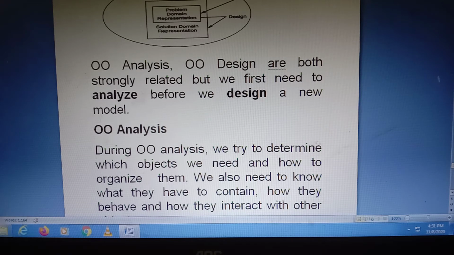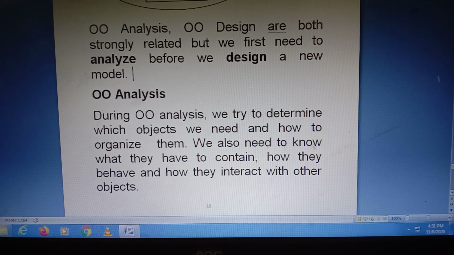During OO analysis, we try to determine which objects we need and how to organize them. That is the first point regarding OO analysis. Next, we also need to know what they have to contain, how they behave, and how they interact with other objects.